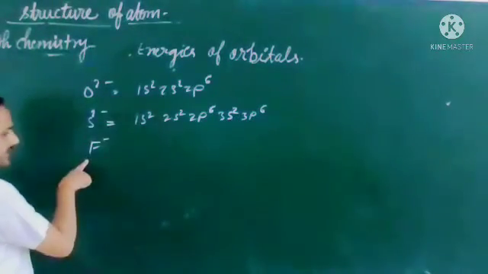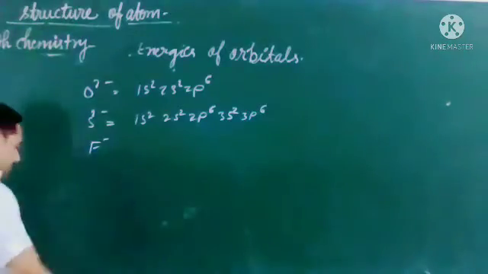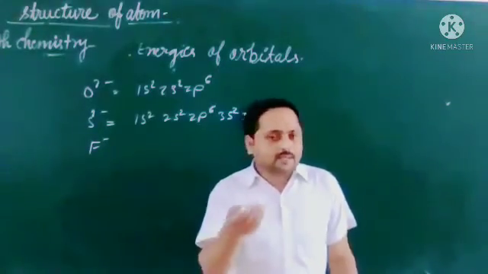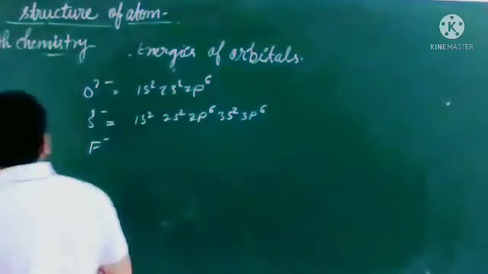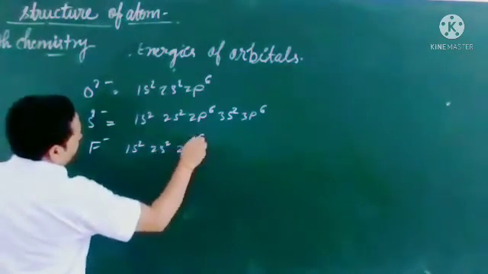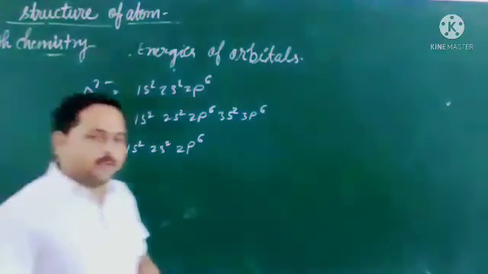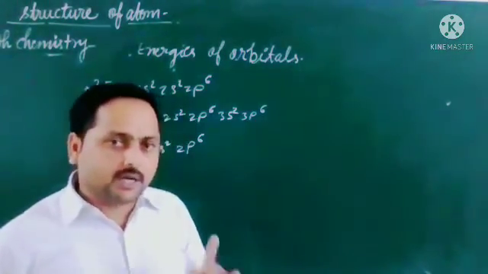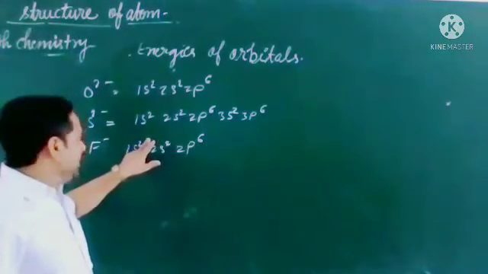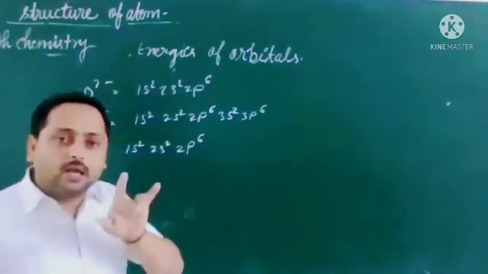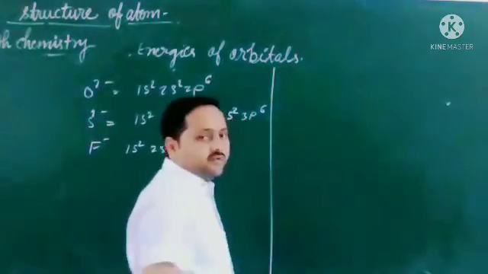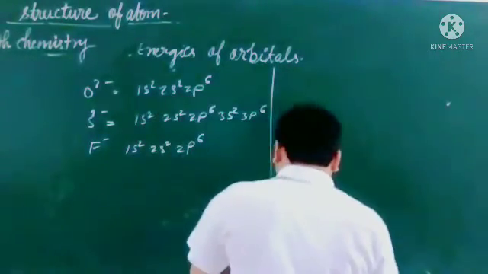For F, the atomic number is 9, and if one electron is added, it carries a 1 minus charge, meaning it has gained one electron. So the total will be 10, and you write 1s2, 2s2, 2p6. I have told you how to check whether your configuration or atomic number is correct or incorrect. You can write 2 plus 8, that is 10. So this we have done. These are the anions. Now I am going to the cations here. Just look, both are here.